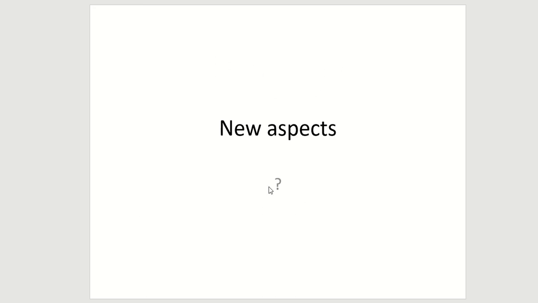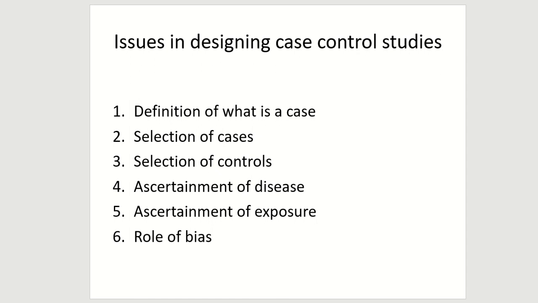Now we need to look at the new aspects of case control design. And these are summarized in the following six points. First, how do you go about defining the case? Second, how do you go about selecting the cases? Number three, selection of controls. Four, ascertainment of disease and outcome. And five, ascertainment of exposure. Six, role of bias. Anytime you're reading any article, really, you have to always think about how did they get their sample,